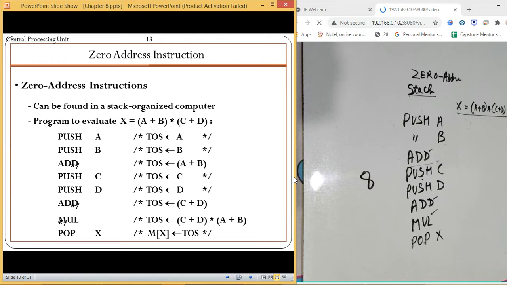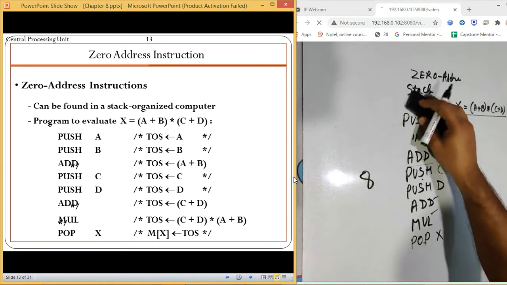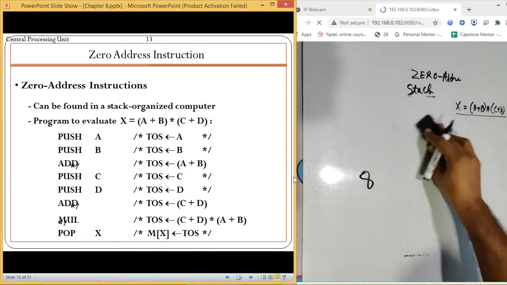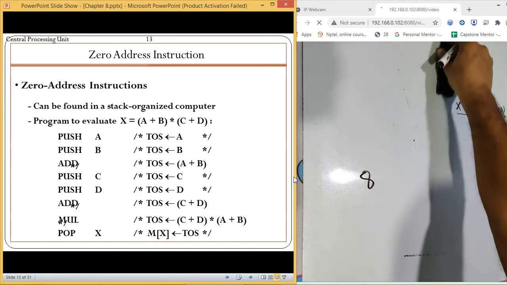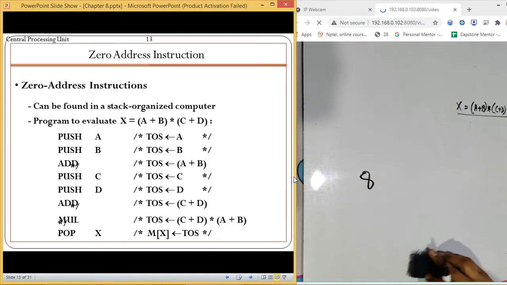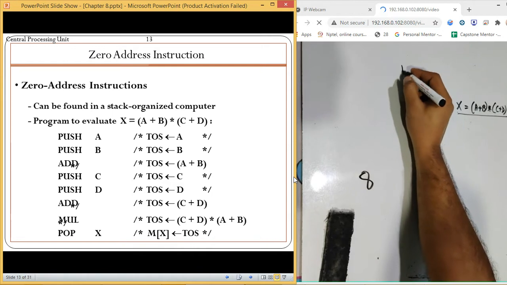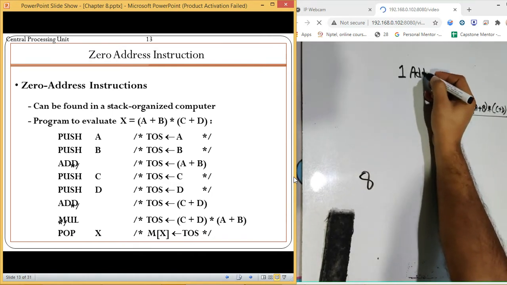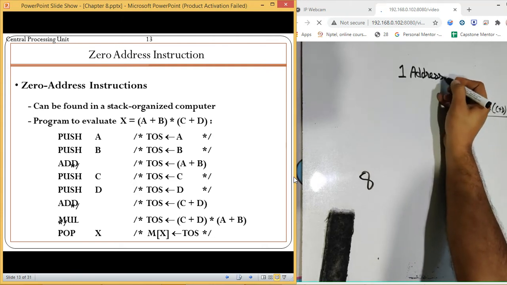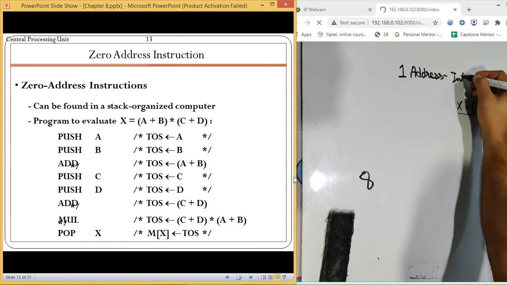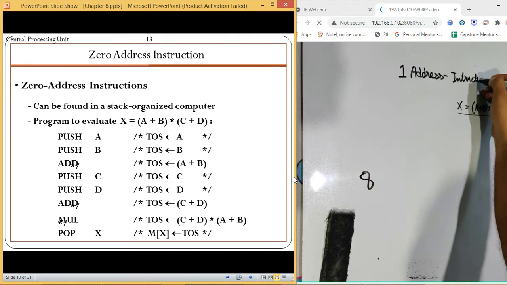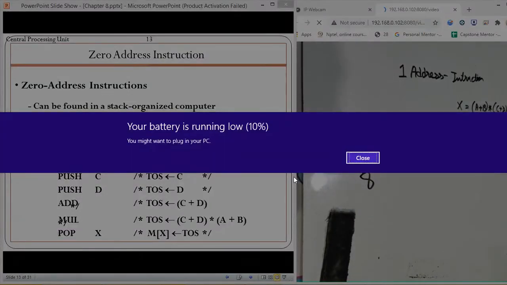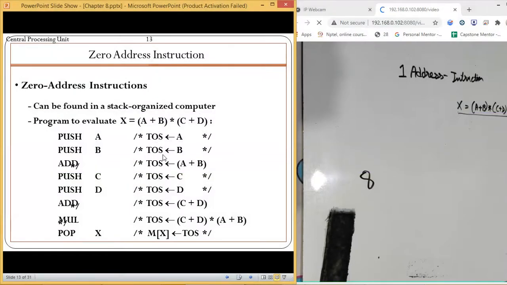The next type of instruction is the one address instruction. In the case of one address instruction, we are going to implement this particular thing not using our stack.